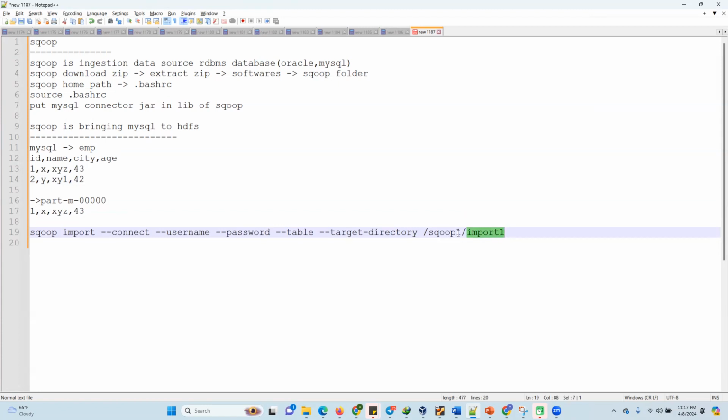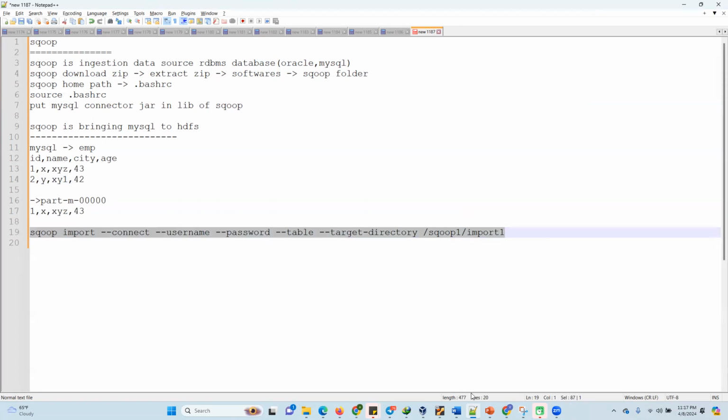Whenever you give a target dir, you don't need to create the last directory beforehand, because Sqoop always creates a new directory. You cannot give an existing directory. When you run this command in the terminal shell,